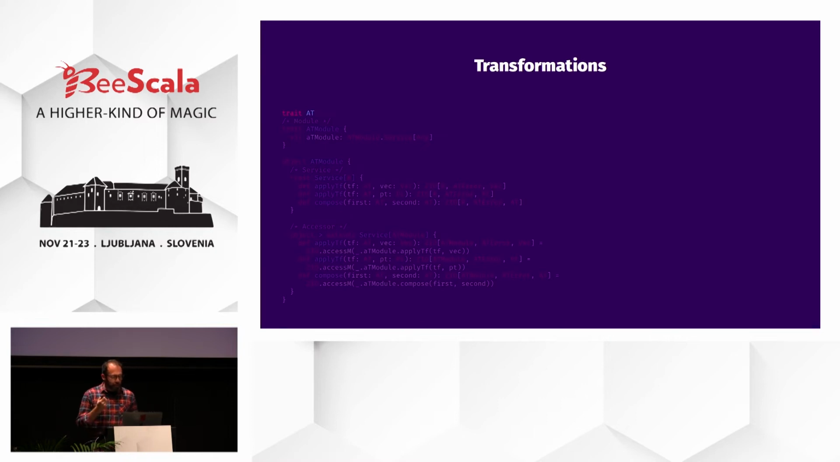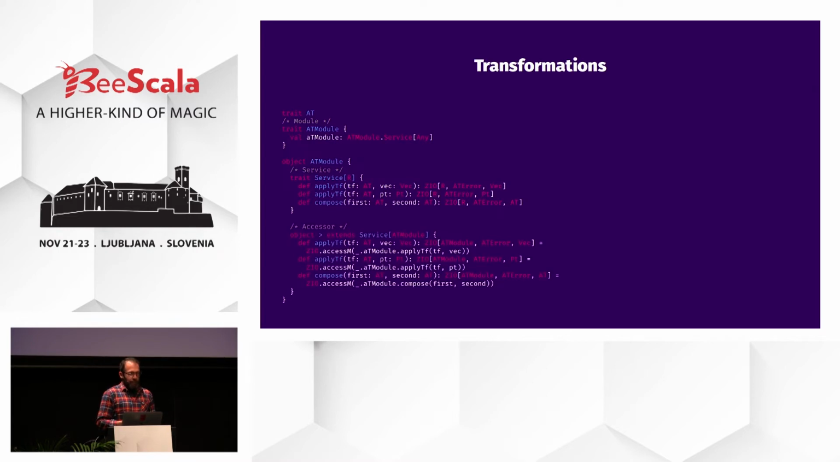So provided we have a type that models an arbitrary transformation, I define the first service that I need that allows me to apply this transformation to a vector or to a point, and also to compose two different transformations. So we follow the module pattern that we saw before. We define a trait with a val pointing to the service in the companion object. This is a standard approach we will follow through the rest of the application. And then we define the accessor